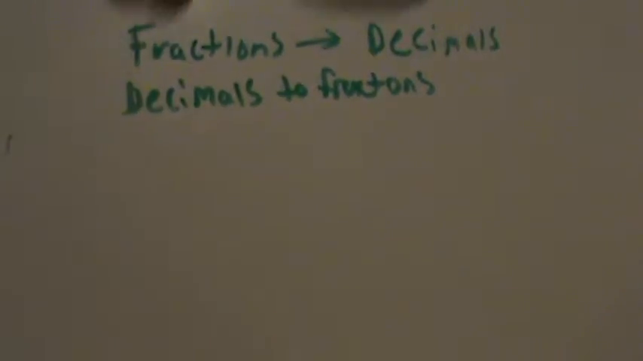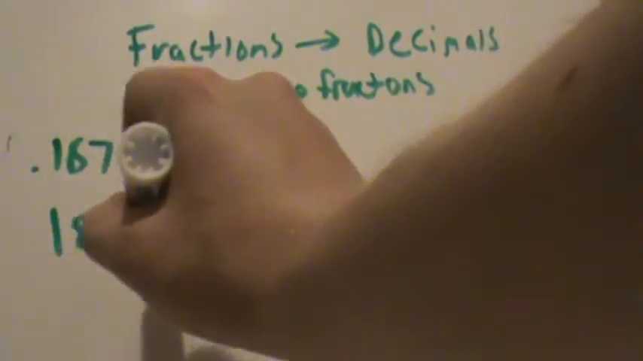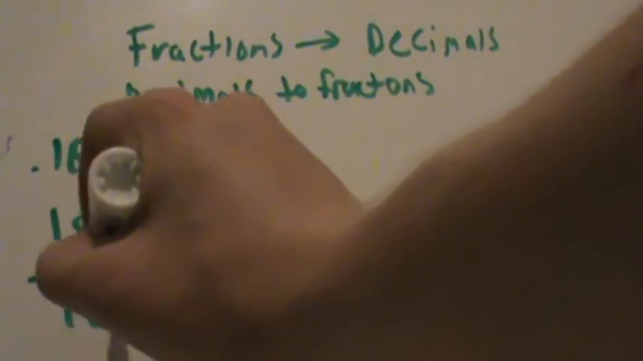Now, to go from decimals to fractions, it's a little bit different. So let's say we have something like 0.1872, and you want to take this to a fraction. Well, what you have to do is write this number, and then see how many places you have here. This is the tenths, hundredths, thousandths, 10,000ths. So you have to write 10,000,